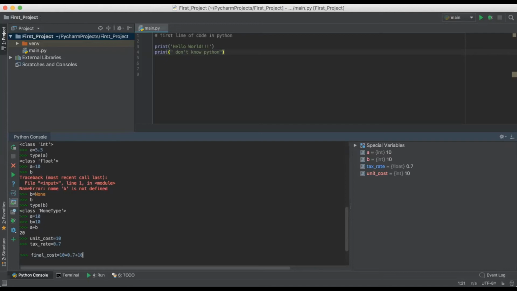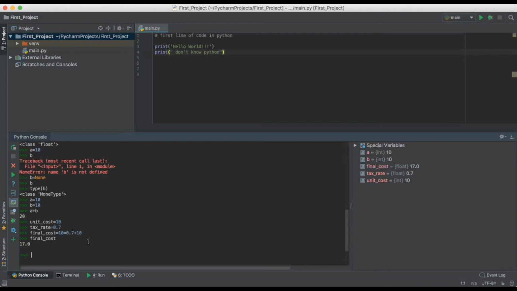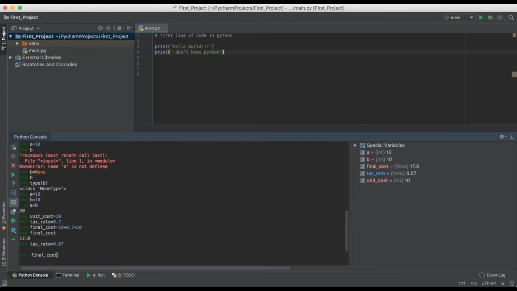Plus 10. And now if you want to see what's your final cost, you can just write final cost, and it will show you the value. Actually, let me change it to 0.07% tax rate. And then if you want to see your final cost, sorry,